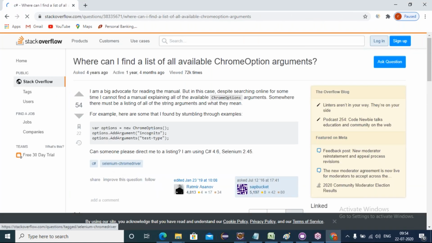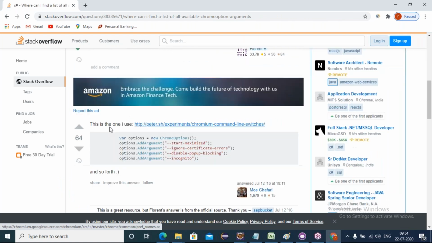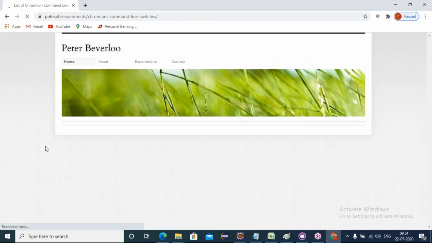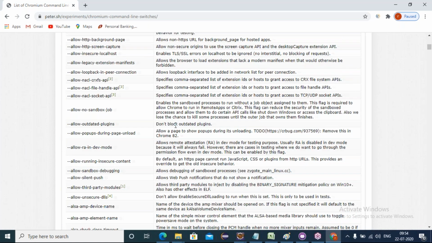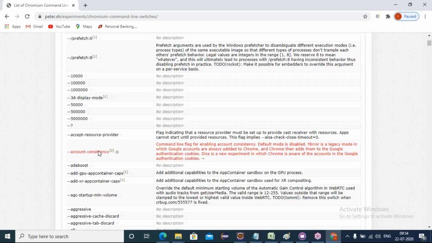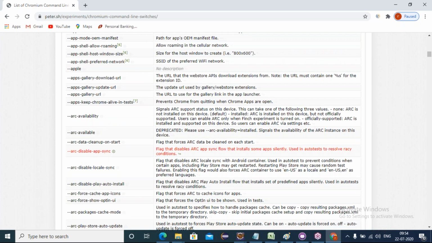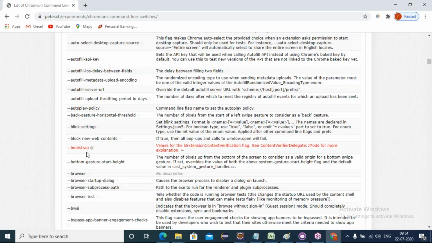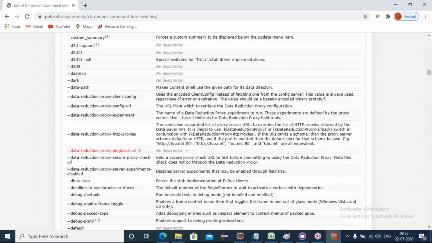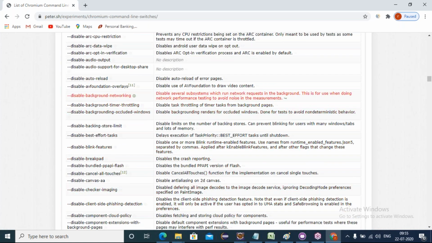If we click on this, you can find all the arguments of the Chrome options class. There are so many arguments; based on requirements we use them. Everything has a description here, what each is meant for.